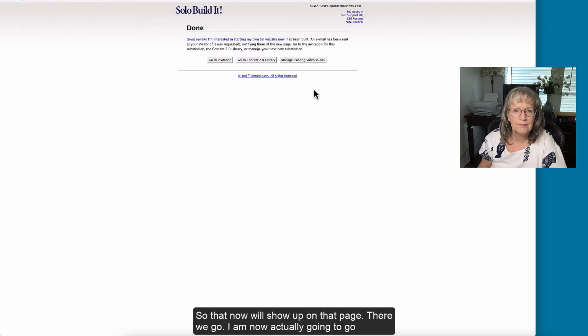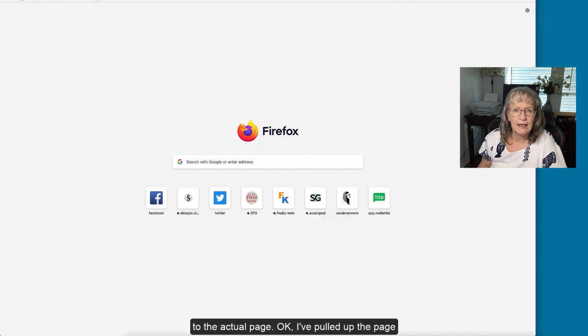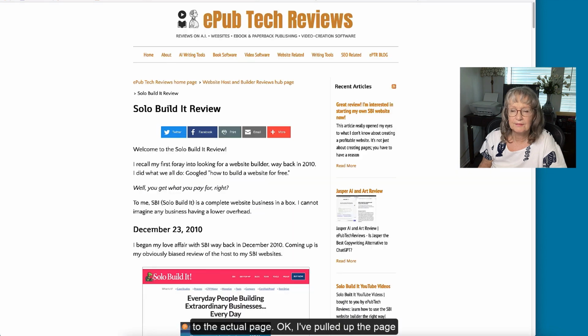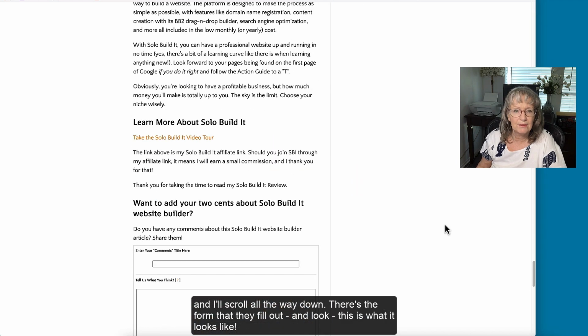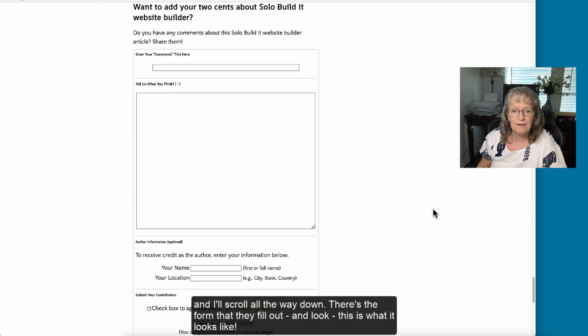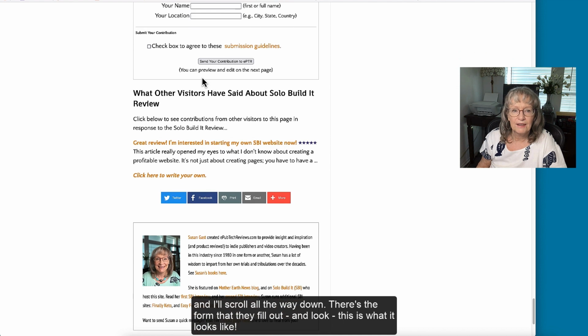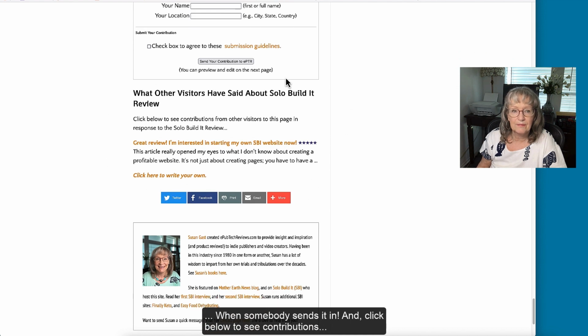And there we go. I am now actually going to go to the actual page. Okay, I've pulled up the page and I'm going to scroll all the way down. There's the form that they fill out, and look, this is what it looks like when somebody sends it in.